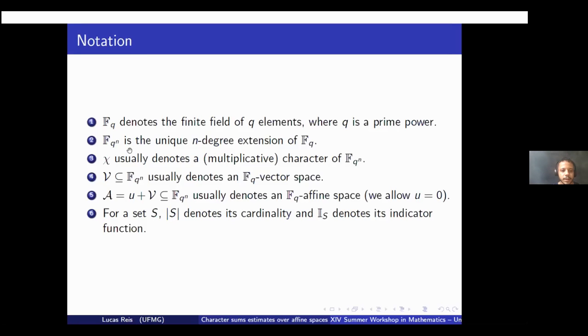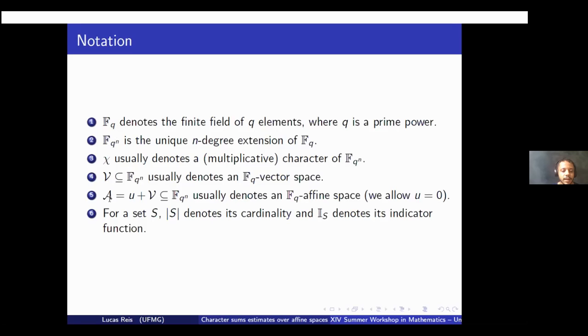So just to start with some terminology, F_q always denotes the finite field of q elements. q is a prime power. F_q^n is always the n degree extension of F_q. Chi usually denotes a multiplicative character of F_q^n. I will always use the letter V for an F_q vector space. It's always contained in F_q^n. And